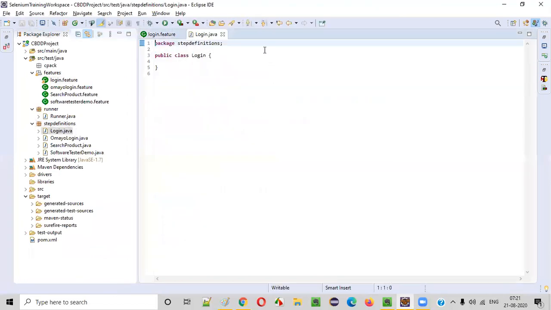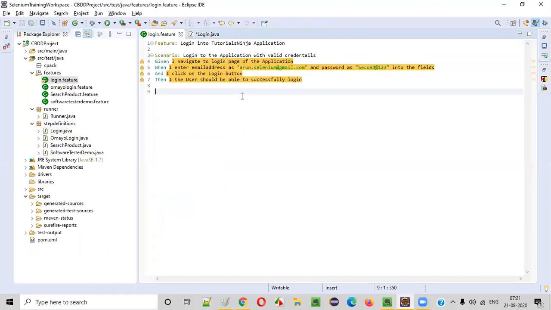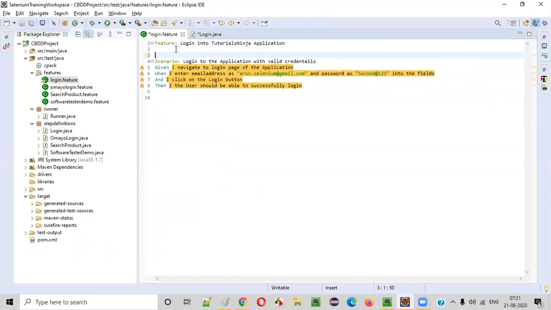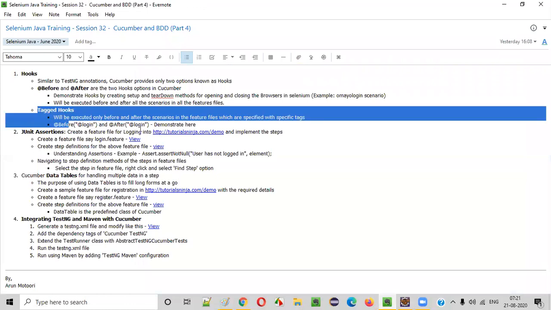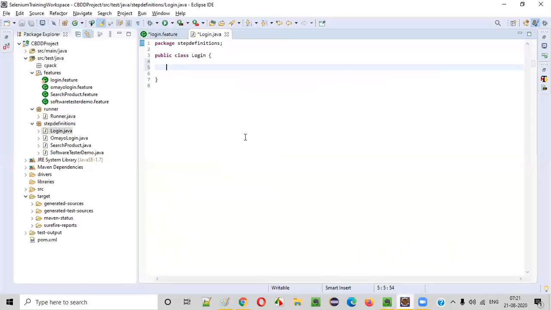Click on finish. Inside this, we can use hooks, guys. If you want, you can use hooks. We can provide this with @ninja. If you remember, we have to create the hooks, right? Better to create hooks. The tagged hooks we will create, so all the pre-requisite steps will be in the tagged hooks.